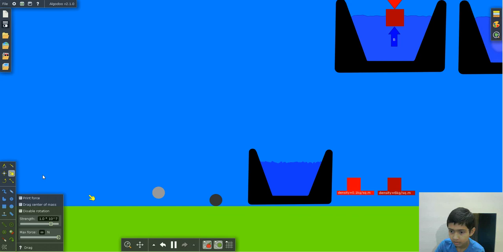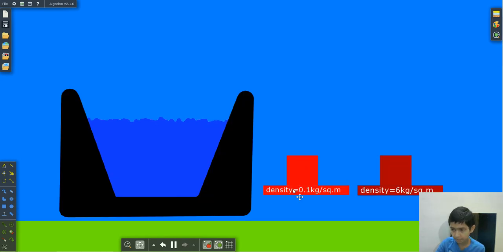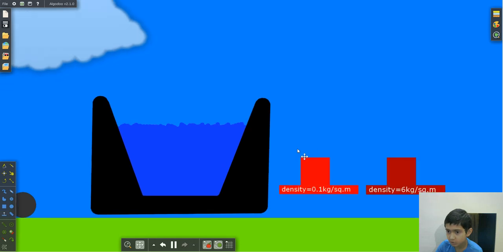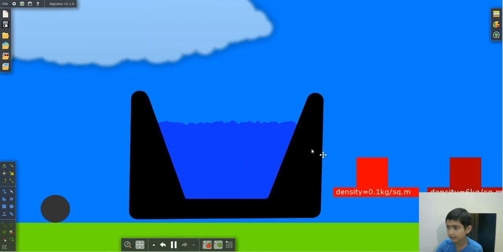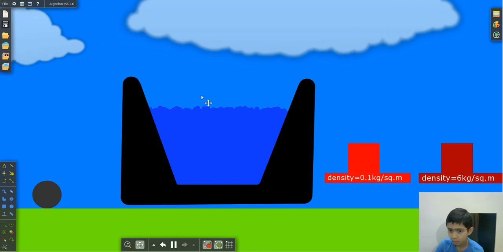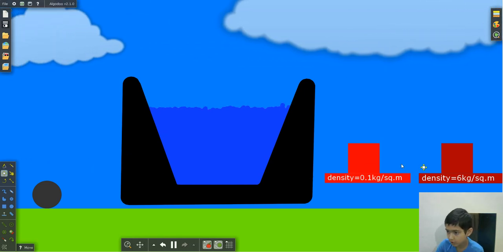So now we have this. Object A has density 0.1 kg per square meter, and object B has density 6 kilograms per square meter. So when I drop these two into this, you will expect that this one will obviously sink and this one will float. Why? Because the buoyant pressure on